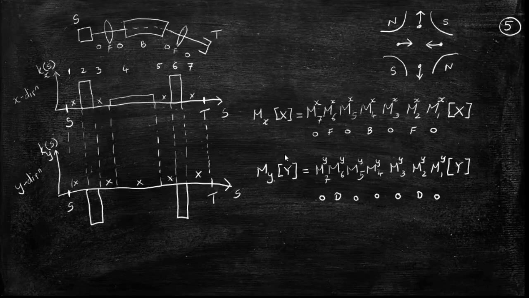Your beam will be lost. It will never reach the target. But that is not my point here. My point is, how do you manage to find out what is happening to the beam at target if you are given what is happening to the beam at source? That can be done simply by an exercise of multiplying multiple matrices.